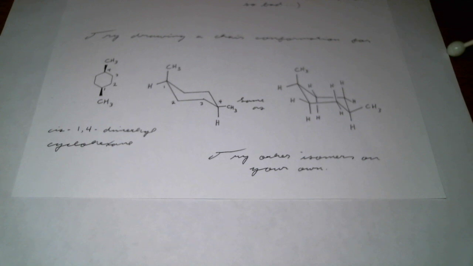Welcome to our second video in this series of videos for our 7th class time series of instructional lecture videos. We ended the first video by attempting a problem of trying to draw a chair conformation for cis 1,4-dimethyl cyclohexane. And we saw that in a chair conformation, one of the methyl groups was axial and the other methyl group